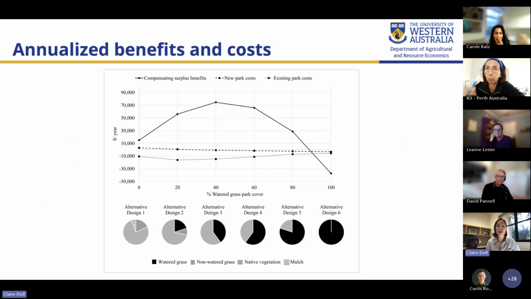And the 2 dotted lines below are the annualized costs for converting the baseline park to these 6 different alternatives, either based on establishing a brand new park or making changes to an existing park. So what matters with this graph is that you're looking for the biggest difference between the willingness to pay and the costs, and that's going to be the highest NPV outcome and the most preferred design from a societal perspective here.